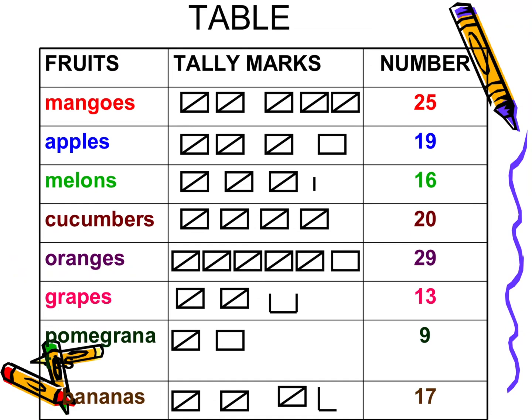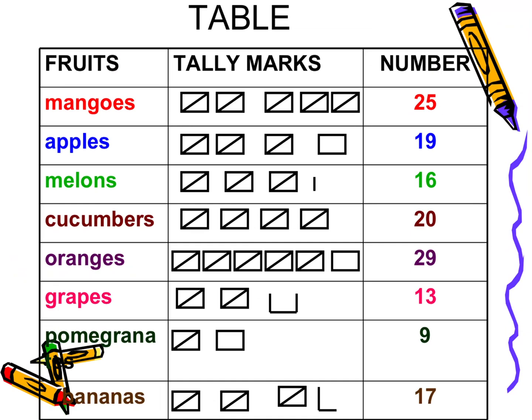Now look at the mangoes, the first fruit is mango. Now she made how many tally marks? So each square box with the diagonally one line, that means 5. So how many are like this? 1, 2, 3, 4, 5. So 5 5s are 25. So 25 friends of Minnie like mangoes, and she wrote it like this.